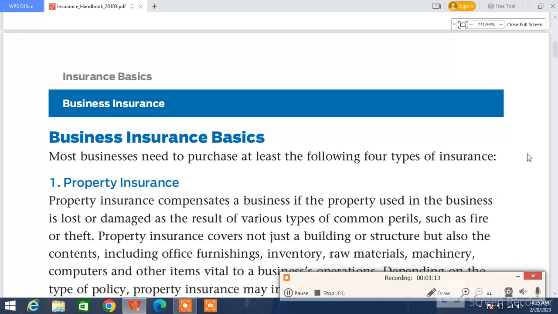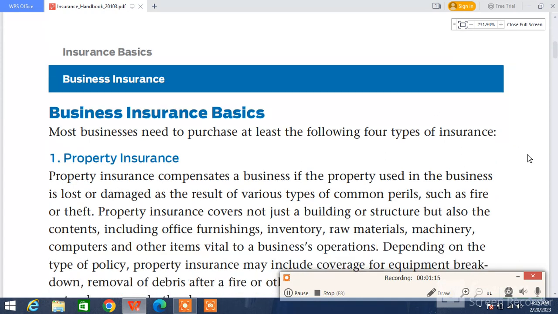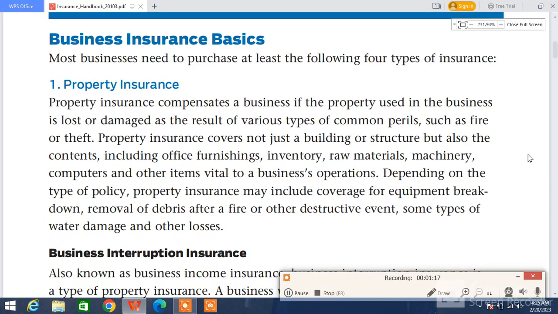So let's start. First is property insurance. In business insurance, the first one is property insurance, and property insurance compensates a business if the property used in the business is lost or damaged as a result of various types of common perils such as fire or theft. Property insurance covers not just a building or a structure but also the contents, including office furnishings or inventory, raw material, machinery, computers and other items vital to the business operations. These are the things